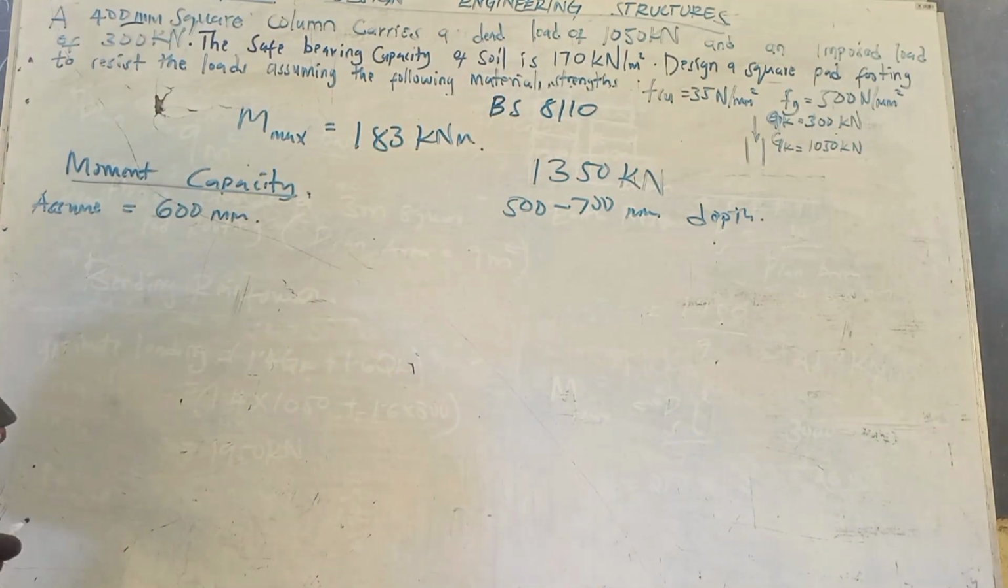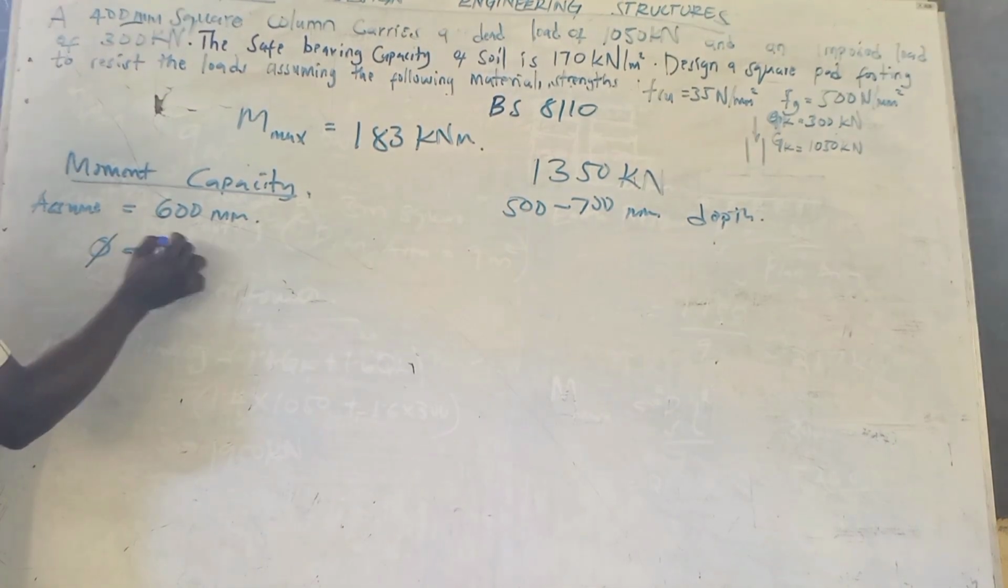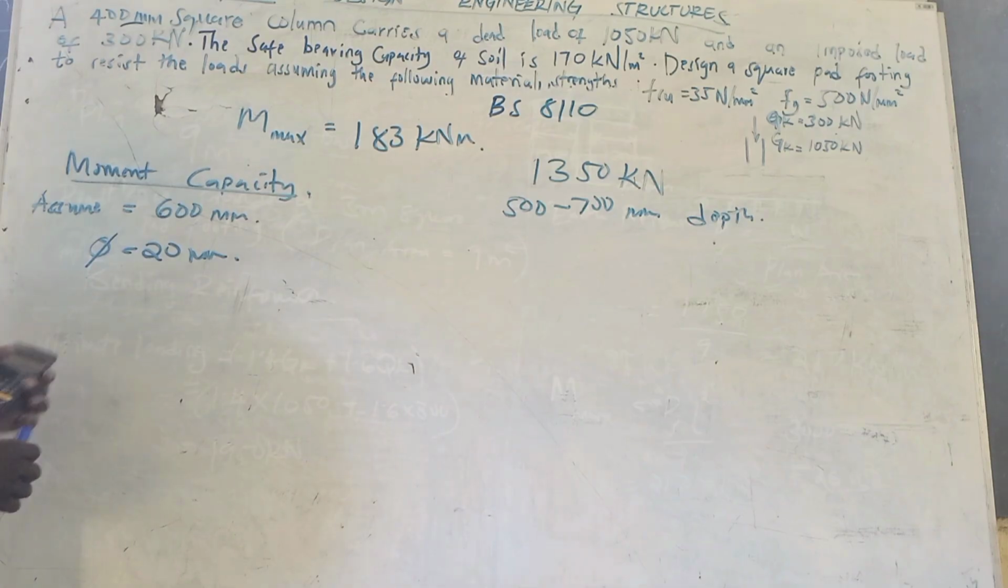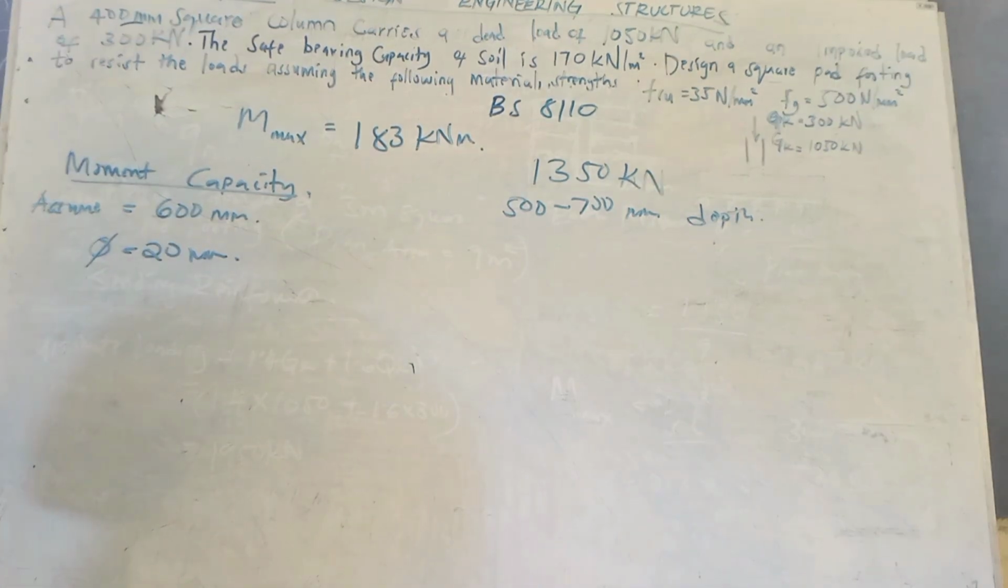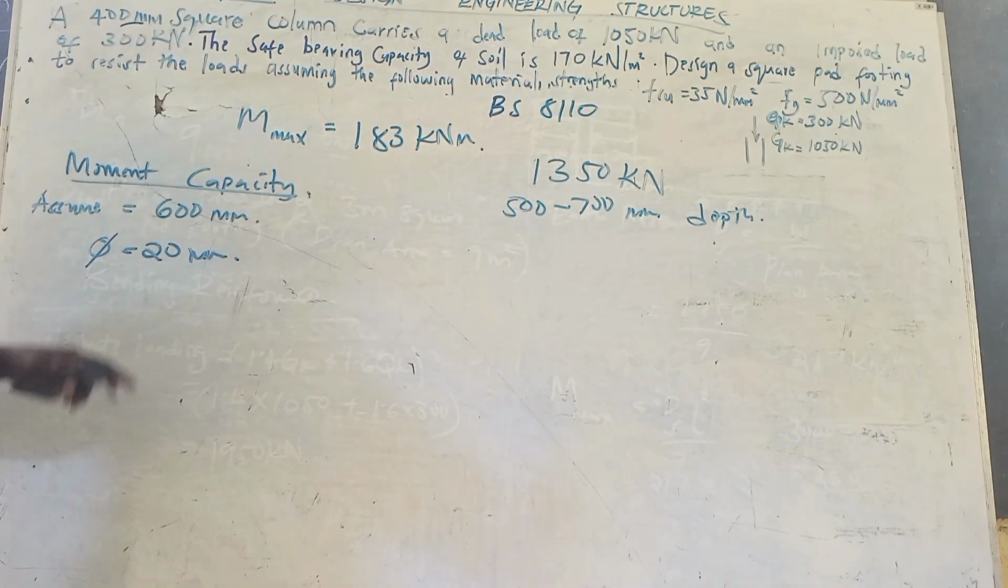Then again, we're also going to assume the diameter of bars to be 20 millimeters. Okay, our bars are going to be 20 millimeters, in both directions. So our bars are going to be 20 millimeter in diameter, running in both directions of the footing. So we can proceed